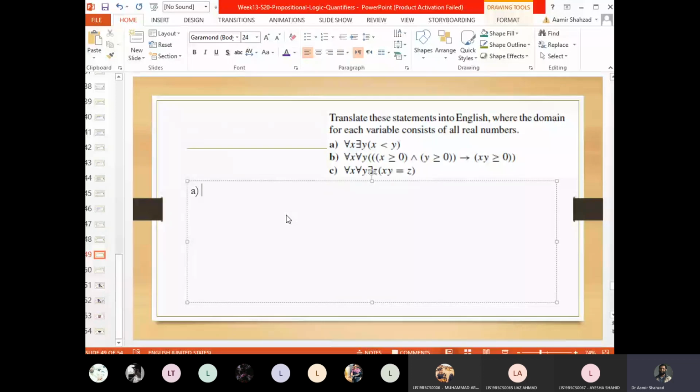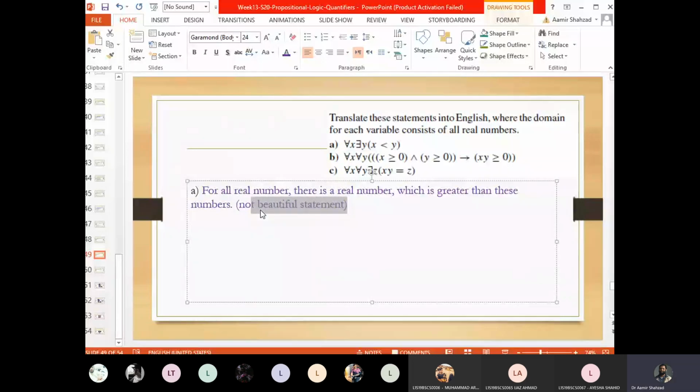I write it down like this. So for all real numbers there is, and this is not a good statement, but I'm just writing it for the time being like this. For all real numbers, for all x, there is a real number which is greater than these numbers. This statement conveys the message, but it doesn't look so beautiful. We can express it in a more beautiful way. So it's not a beautiful statement.